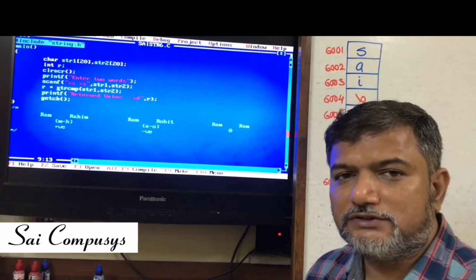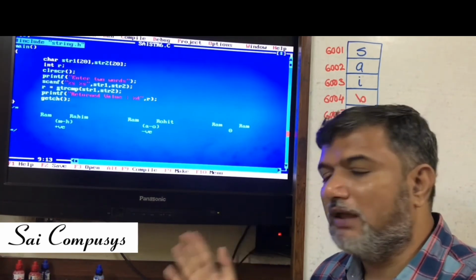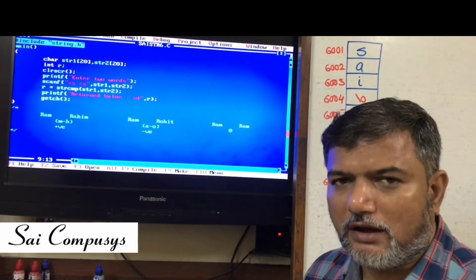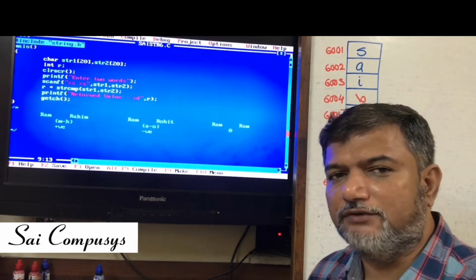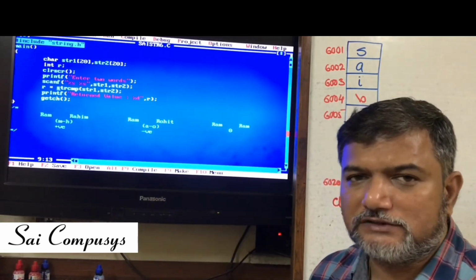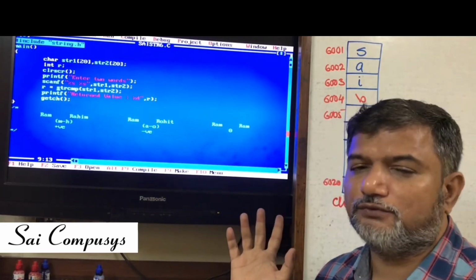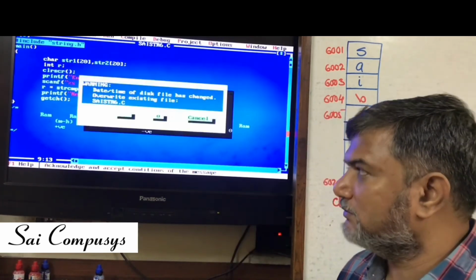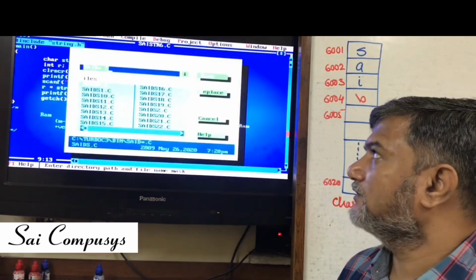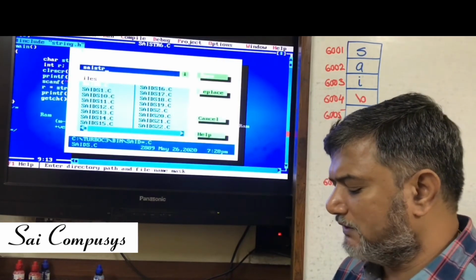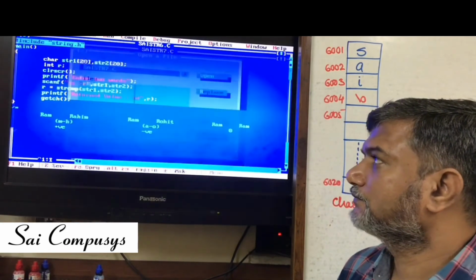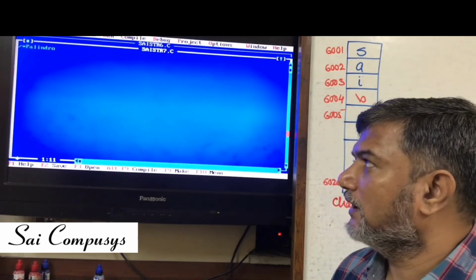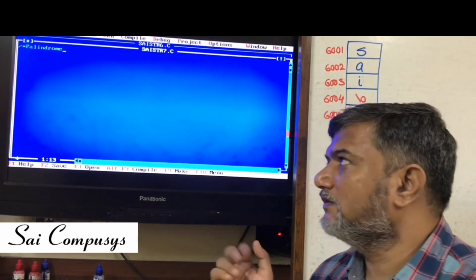There are many more functions available, but I have considered only the main basic functions, the 7 functions. First is length, second is uppercase, third is lowercase, fourth is reversing, fifth was copying, sixth was concatenation, and seventh was comparison with the help of strcmp. Now, based upon this, I would like to write the simplest of programs for you. I hope you remember something like this. We have seen this earlier.